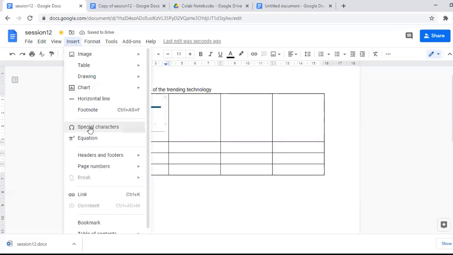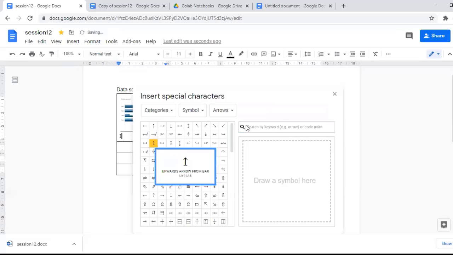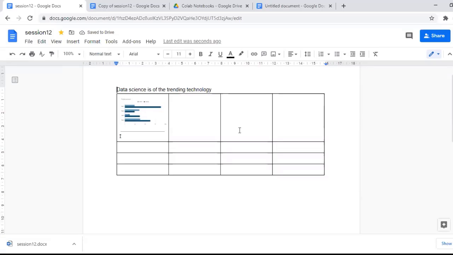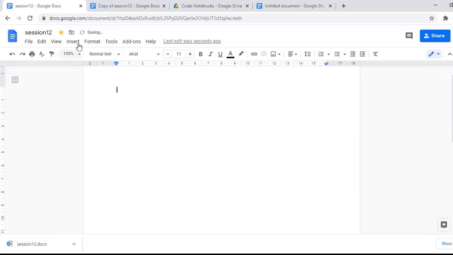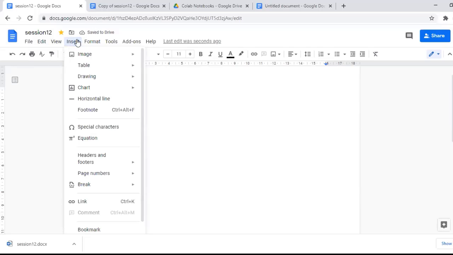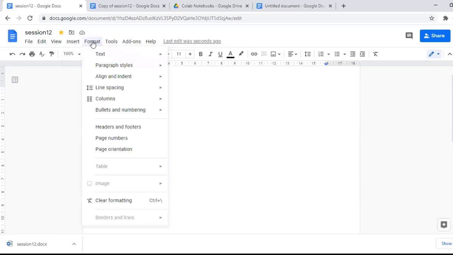And if you want to insert special characters, you can insert those. So this is how we insert different types of charts, tables, drawings, horizontal lines, special characters, or any equation. And the formats: with these we can apply alignment, text type, and all.